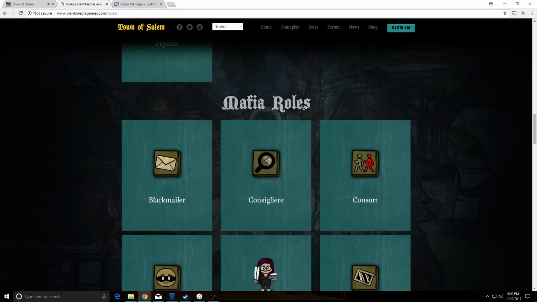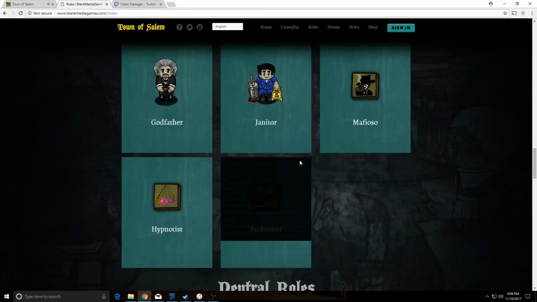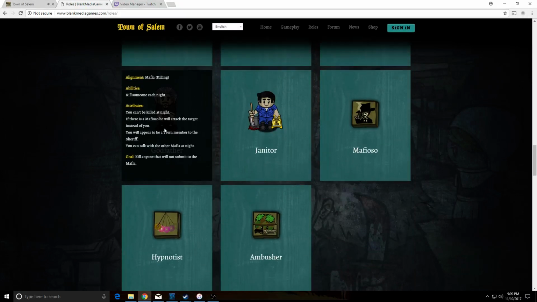Next up are the Mafia roles. There's only 3 in the basic game. There's the Godfather. They can kill someone each night. They have to follow the Mafia's orders. They send the Mafioso to go attack the target if there is one, which kind of makes it...